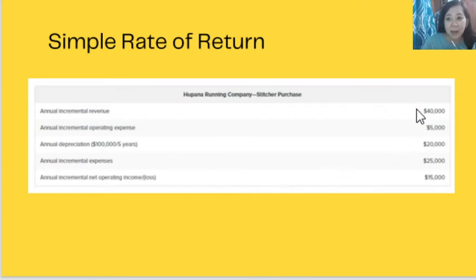Okay, and here, the annual incremental net operating income. So here, we have additional income of 40,000 minus the additional expenses. So there is an incremental or additional net operating income of $15,000. Okay, so this is the first step in determining the simple rate of return. So you have to determine first the annual incremental net operating income. So again, based on our information and example, it's $15,000. So to continue,